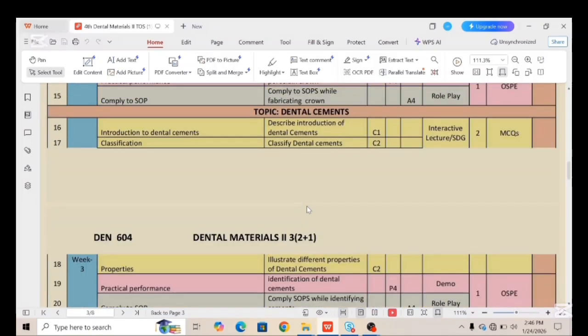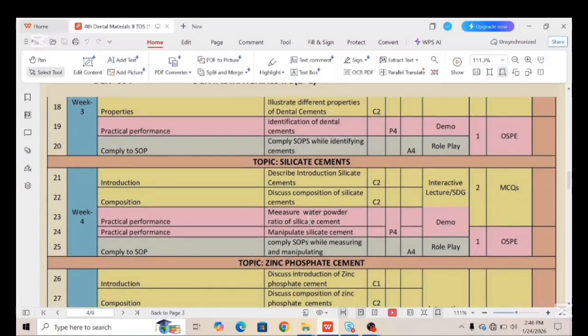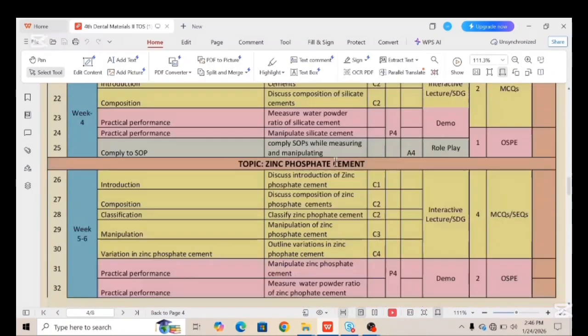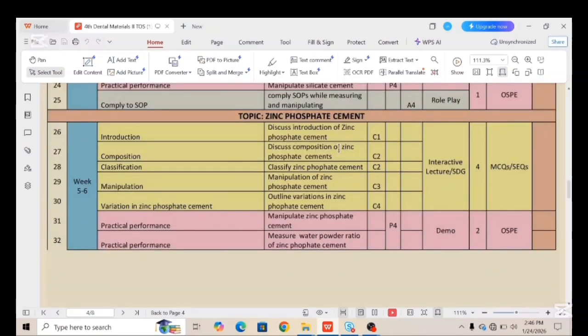Week number 3 work is dental cements, introduction of dental cements, classify dental cements, properties of dental cements. Practical is identification of dental cements. Then we have week number 4 work, which is silicate cements, introduction of silicate cements, composition of silicate cements, and practical is measure water powder ratio of silicate cement, manipulate silicate cement, and then we have zinc phosphate cement, which